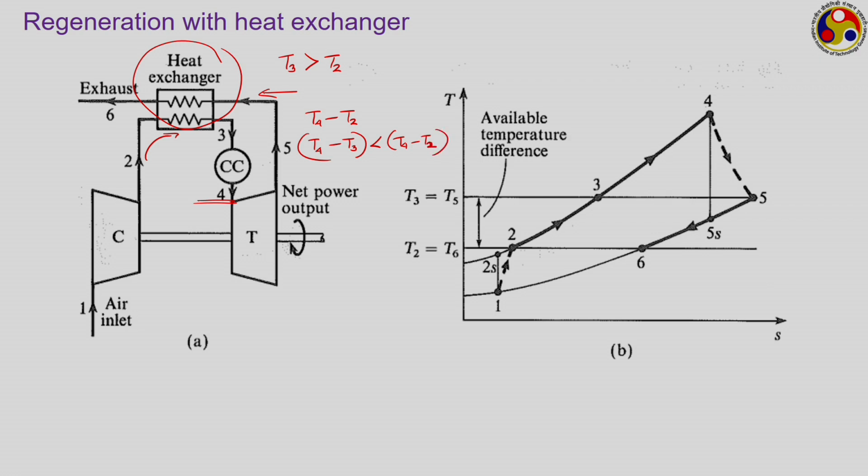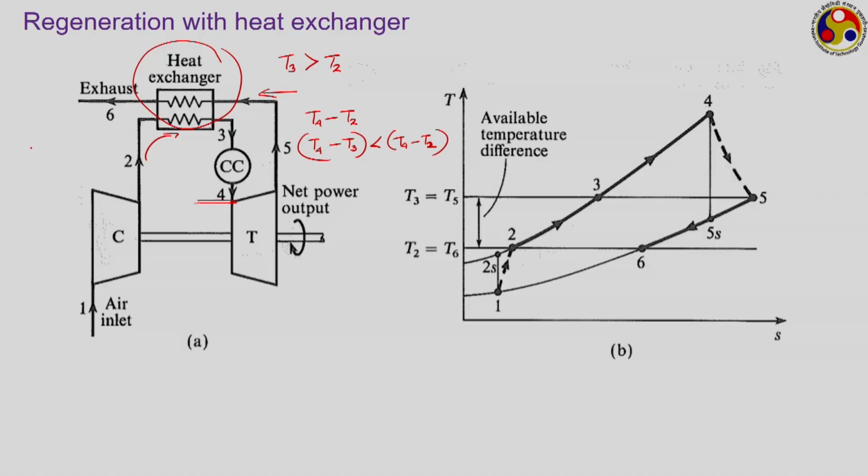So, the total energy requirement in the combustion chamber reduces, whereas it does not have any effect on the work output, because the work output depends on the turbine work output and the compression work input requirement. So, your compression work remains the same, the turbine work also remains the same. So, the net work output, which is the turbine work minus compression work, also remains the same, but the